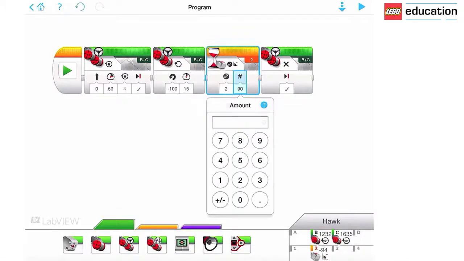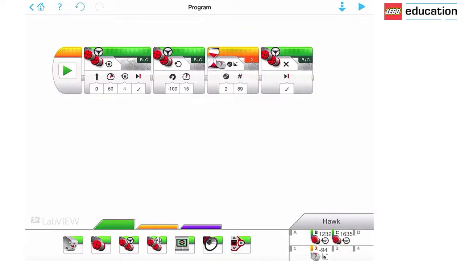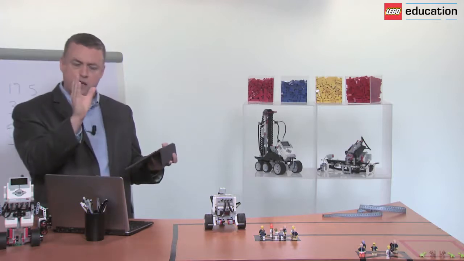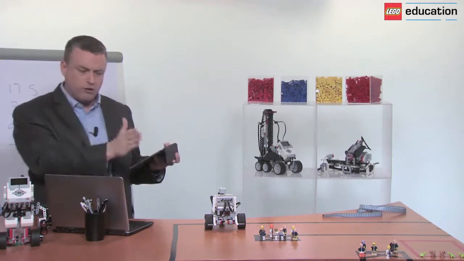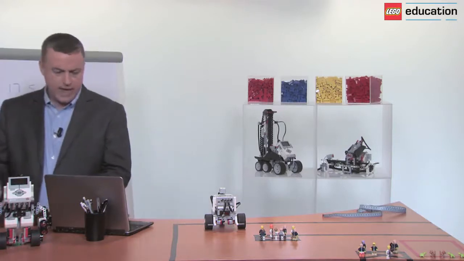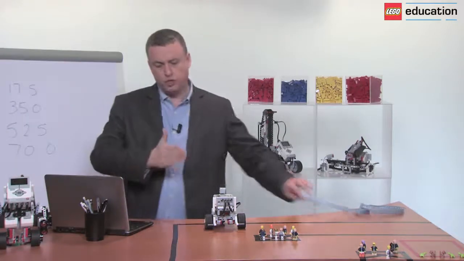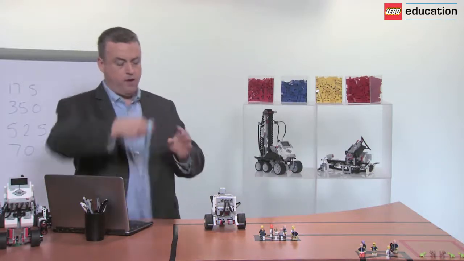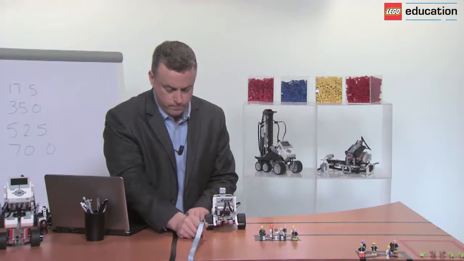So I'll put in here 89, and hopefully I'll get a good 90-degree turn. Because remember, there is a slight variance in the accuracy of the gyro. So what now? Well, I'm going to add another block, and I'm going to drive my robot now along the table. Now, if I now bring my tape measure down,